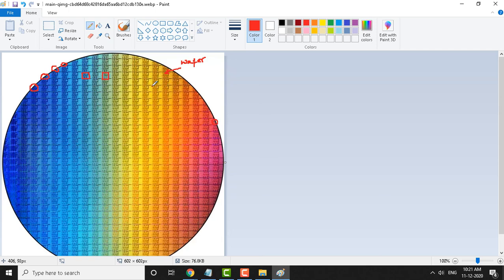So this is one small rectangular area. Okay, in a wafer, we fabricate similar ICs. Maybe this IC may be the Pentium chip, a Pentium processor. Like this, in an entire wafer you will see only Pentium ICs. That's how ICs are fabricated from a cost point of view. So we fabricate similar ICs in the entire wafer. Okay, and within that you see billions of transistors, and one such transistor is what we are going to discuss how to fabricate in our course. Okay, I hope you understood how exactly the wafer looks like.